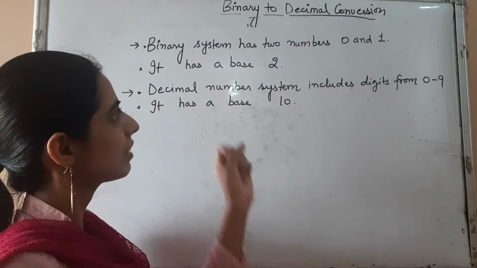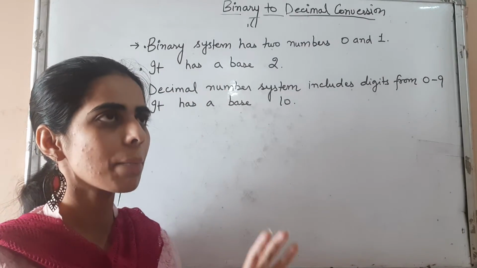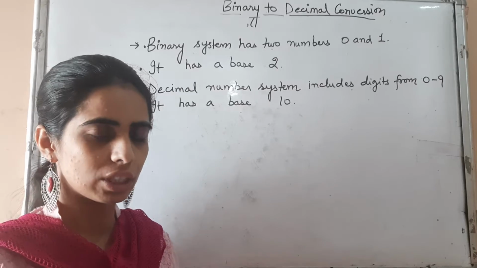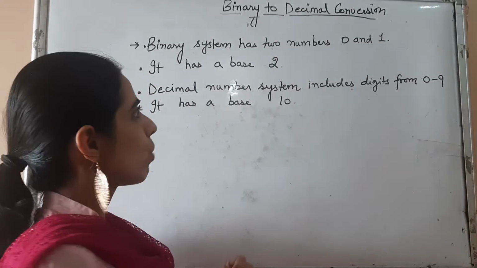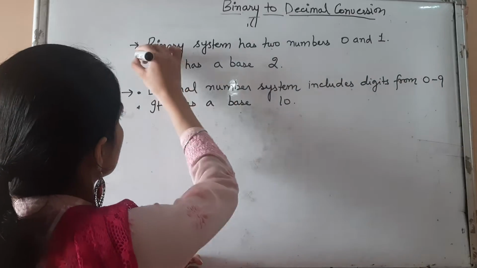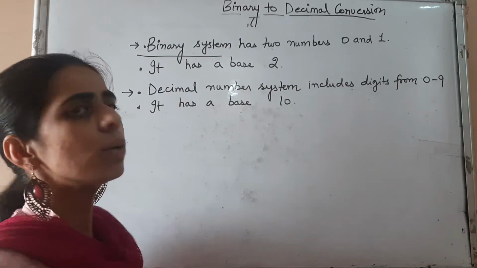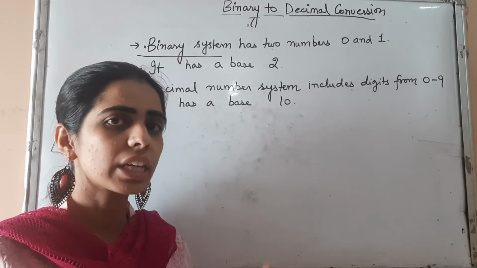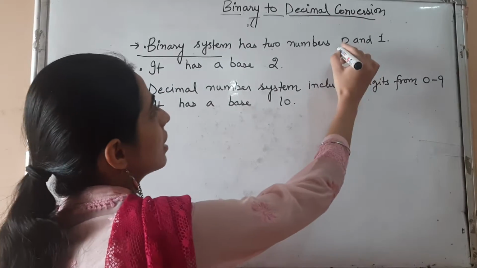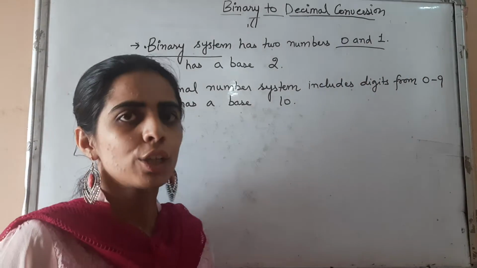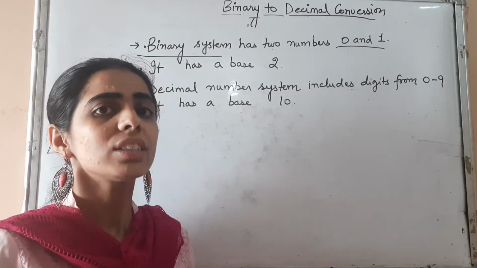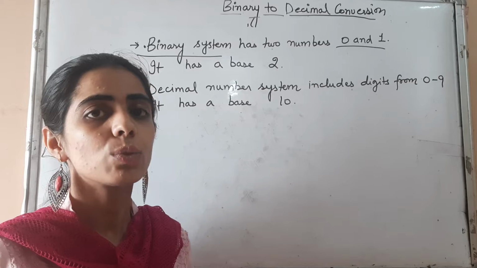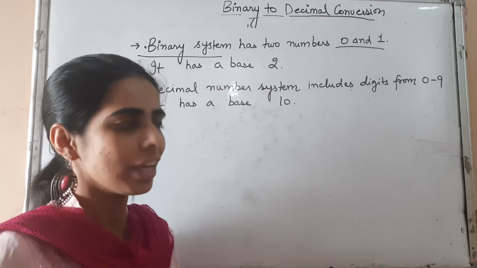Right. So binary number system, actually children, the binary language is used by computer. Yes, so the computer understands the binary code language. So what is binary system? Binary system includes just two digits, only two digits, which are 0 and 1. So just imagine a system having 0 and 1. So there is no other digit which we need to include in this number system, right?